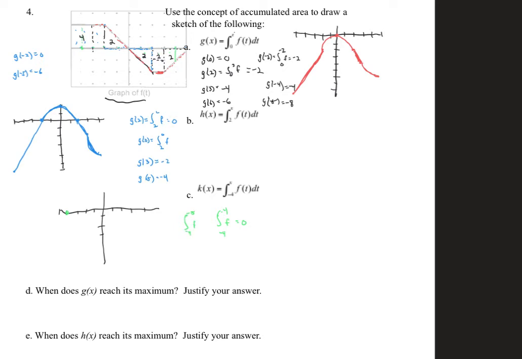If we go to the left, that integral from -4 to -5, we're going to accumulate this area that's above the x-axis, but because we're going from right to left, that's going to be a -2. When we go to g of -2, we're going from -4 to -2, and so we're going to accumulate 1, 2, 3, 4. We're going right to left, so that's going to be a +2,